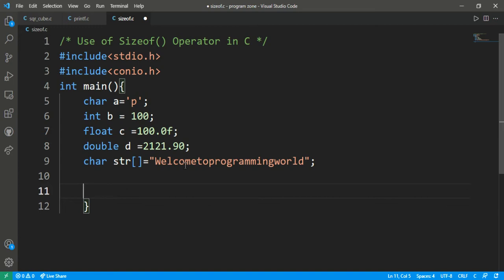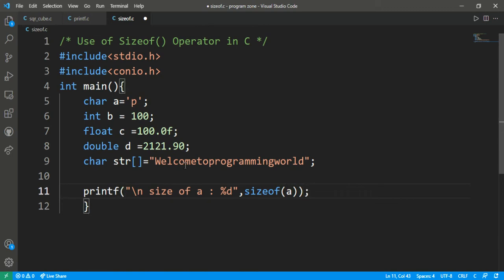So printf, backslash n, sizeof a is %d, and after that I have to mention the sizeof operator with the variable within it.